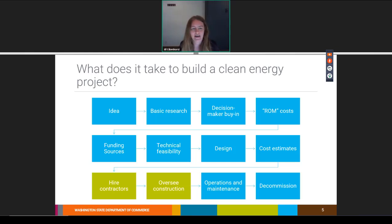You get the idea, you do some basic research and get decision maker buy-in on that. You may do a rough order of magnitude cost just to understand, is this even feasible for our organization? You may discover that it's pretty expensive, more expensive than you realized, and look for funding sources. And then get into technical feasibility of the technology, will it work for your site, and initial design and cost